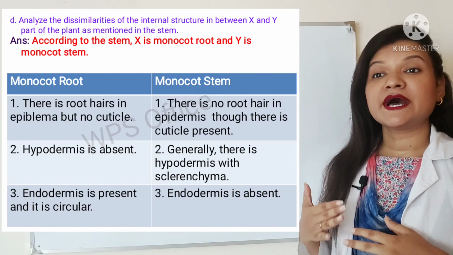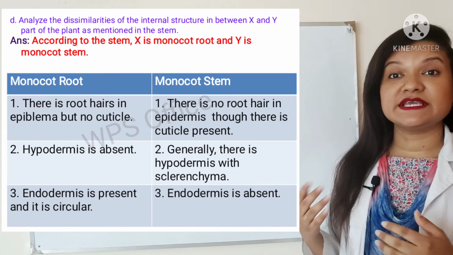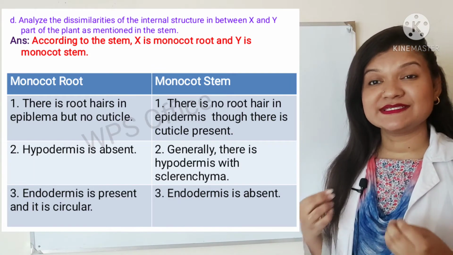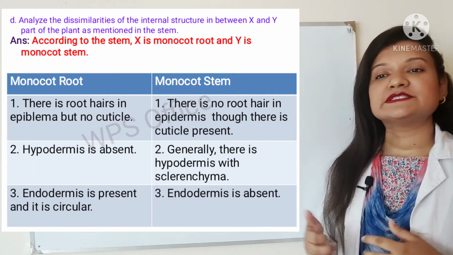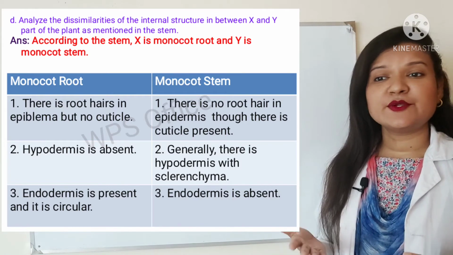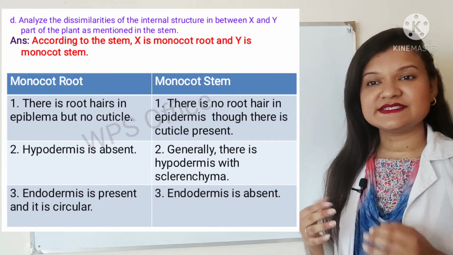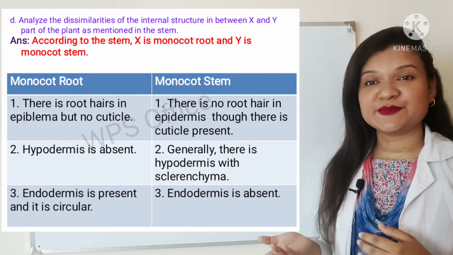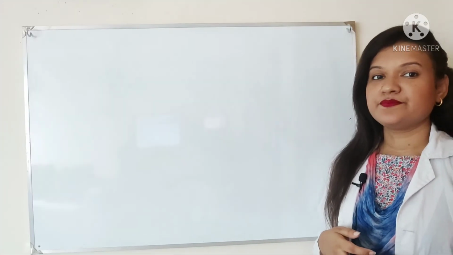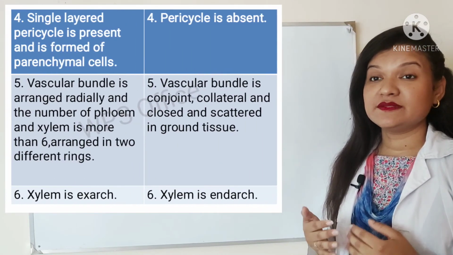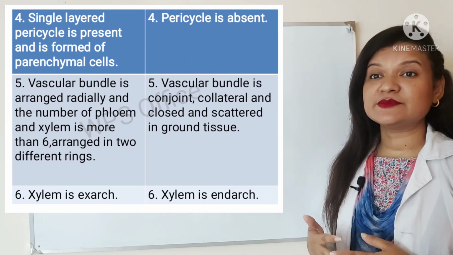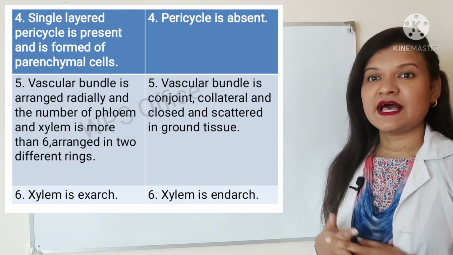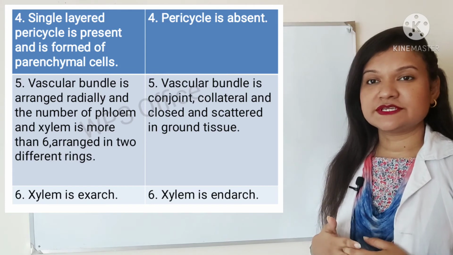Number 2, in the monocot root, hypodermis is absent. In the monocot stem, generally there is hypodermis with sclerenchyma. Number 3, in the monocot root, endodermis is present and it is circular. In the monocot stem, endodermis is absent. Number 4, in the monocot root, a single-layer pericycle is present and is formed of parenchymal cells, and in the monocot stem, pericycle